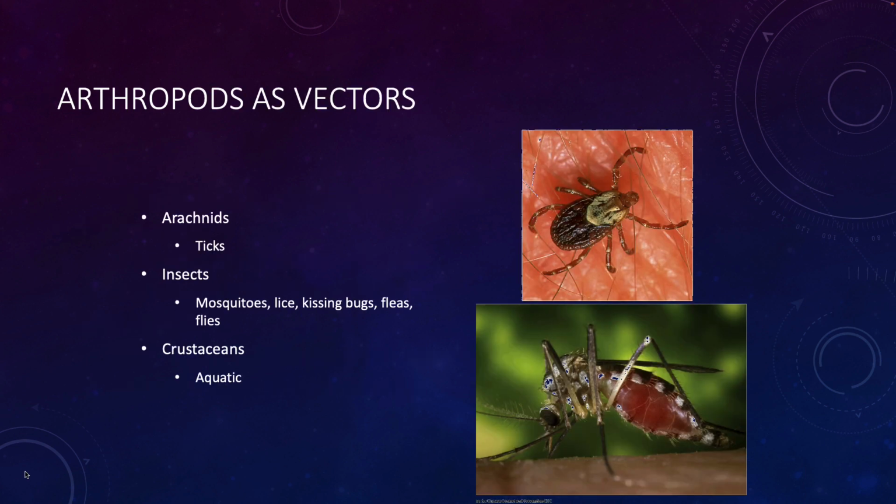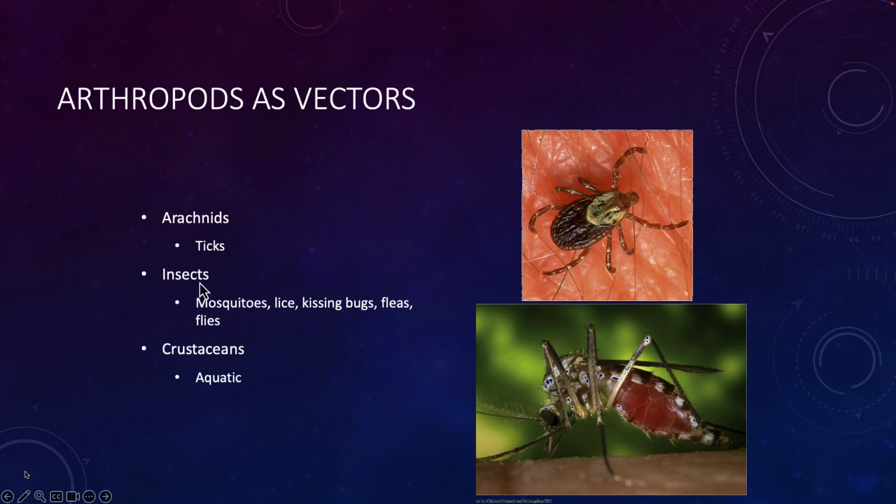Now, really commonly when we talk about arthropods as vectors, arthropods are a biological group of organisms. They are invertebrates. They don't have a backbone, but they are considered animals. And you might remember from a high school or college level biology class, there's a group of arachnids. Arachnids have 8 legs and 2 body parts, a head and a cephalothorax, so it's like their throat and abdomen kind of combined into one. So ticks, spiders, scorpions, things like that.